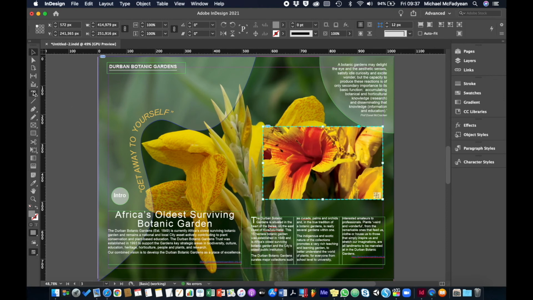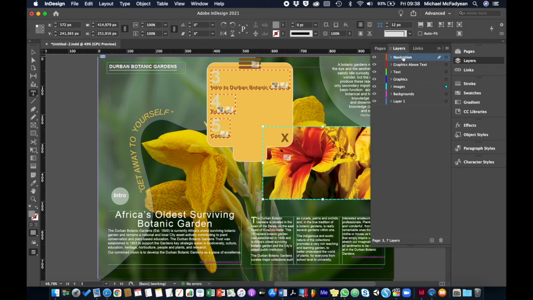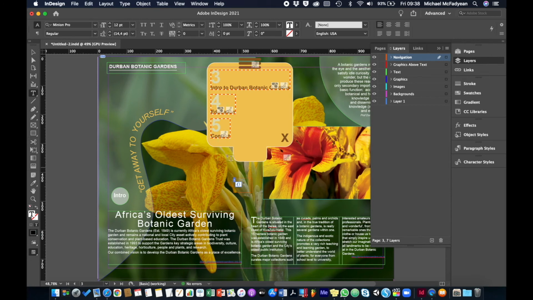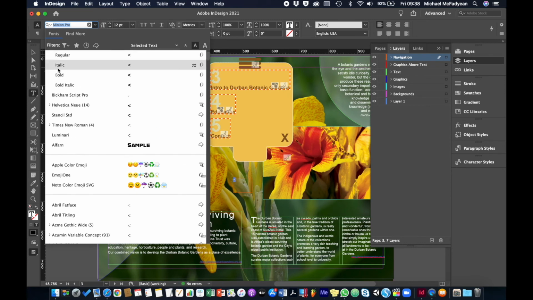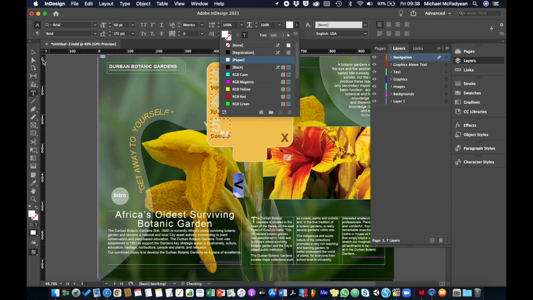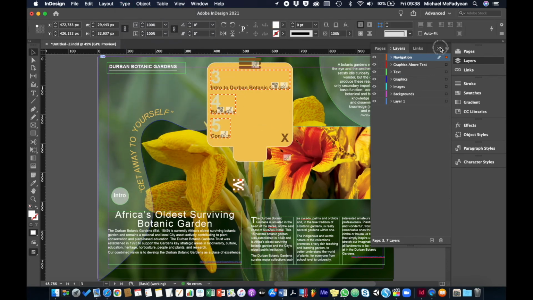And then I'm going to take my type tool and I'm going to make sure that I'm on the navigation layer. And I'm just going to drag out a text frame. And I'm going to put a less than character in there. I'm going to make it Arial bold and set it really big. Also going to make it white or paper. In Selection Tool, Type, Create Outlines. Okay, so there's my little